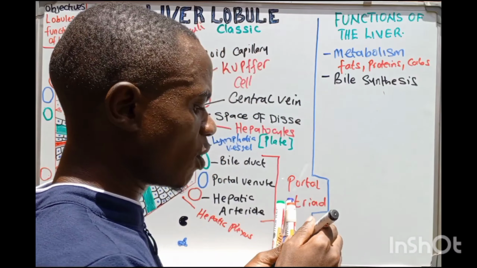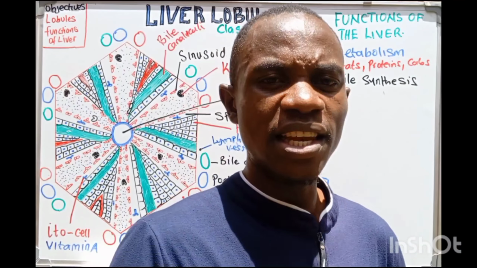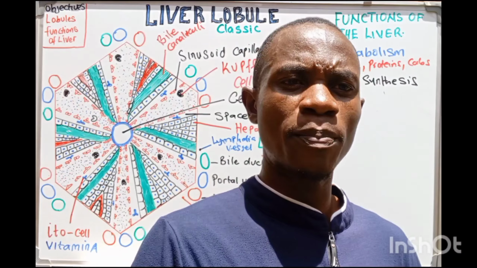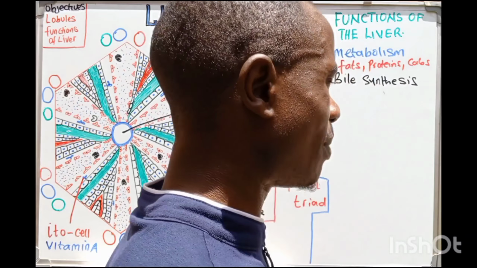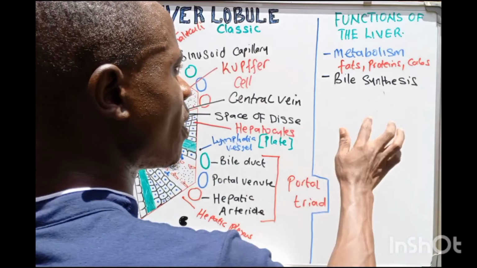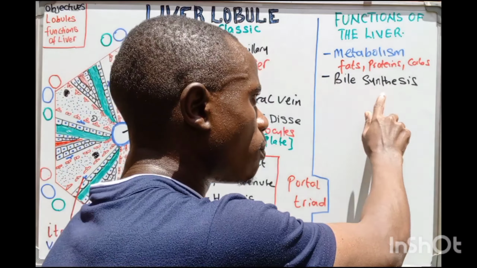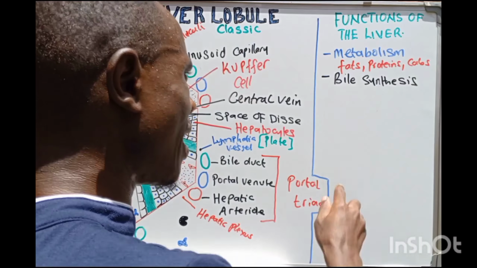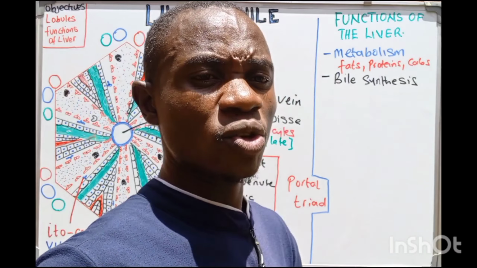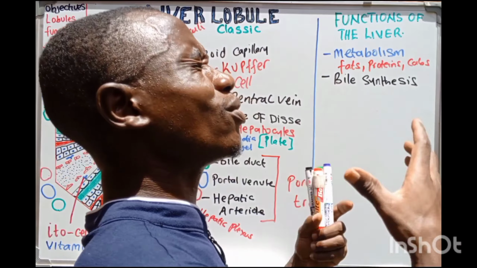And of course, bile is going to be very important in the emulsification of fats, which happens in what we call the duodenum and other portions of the small intestine. That is a very important function of the liver, what we call bile synthesis. Okay. And then another function of the liver is going to be filtering